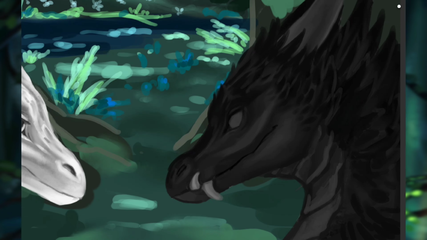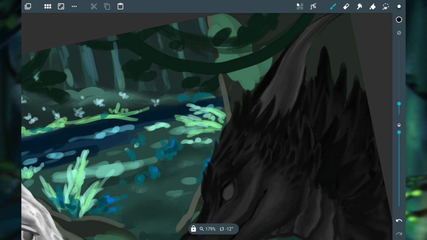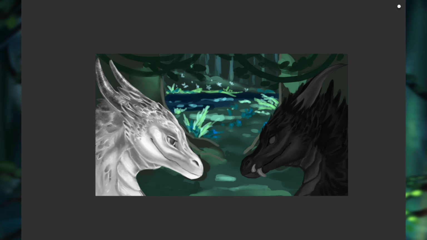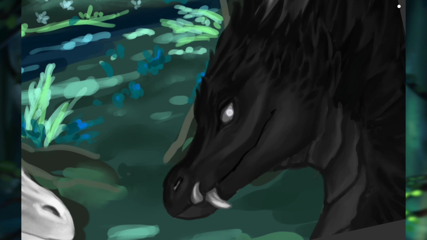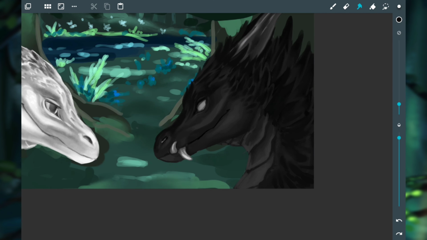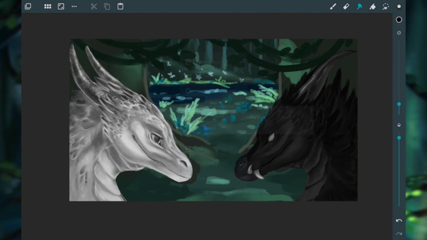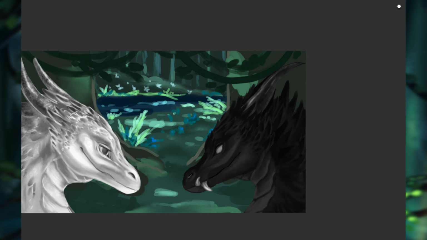I got the shape of this dragon a lot quicker than the pale dragon, but that was because I'd already learnt my lessons with the pale dragon, so the darker dragon was much easier for me to just get straight into. And I do like dark dragons as well. I actually love painting white, but I like darker dragons better. It's just white is an easier and more enjoyable color to paint, but dark dragons, in my opinion, are cooler.